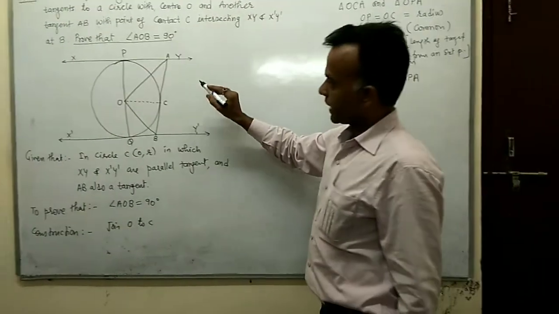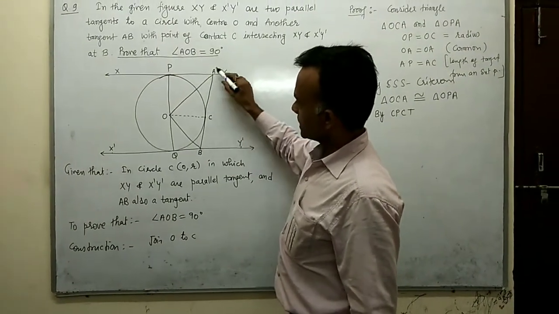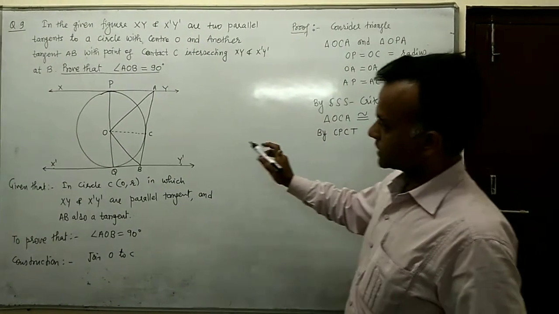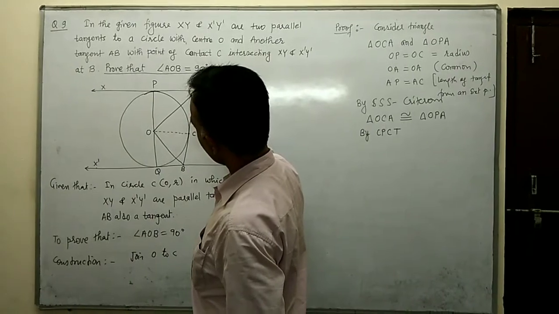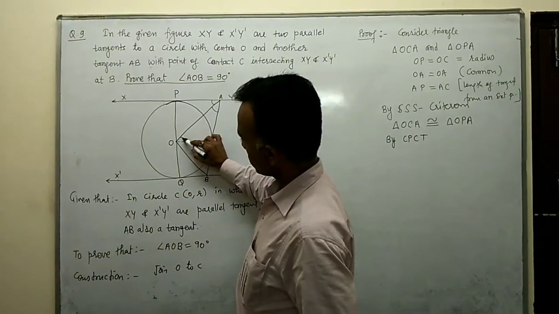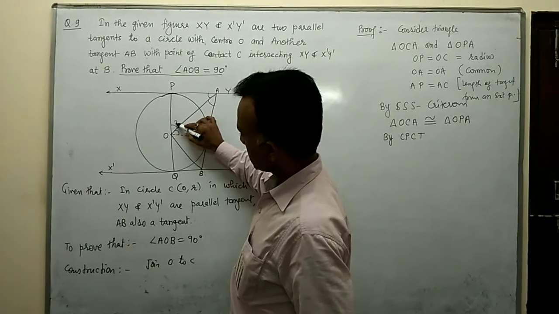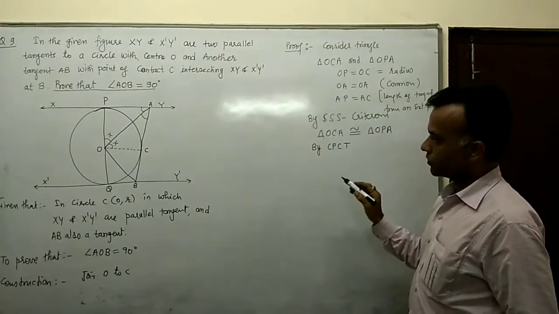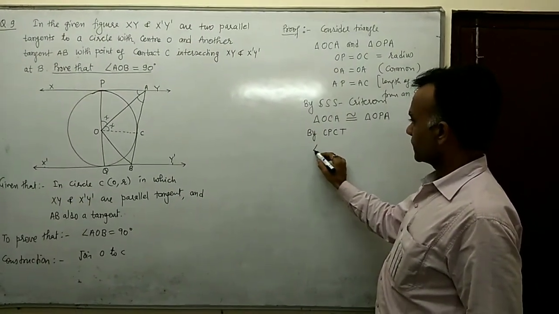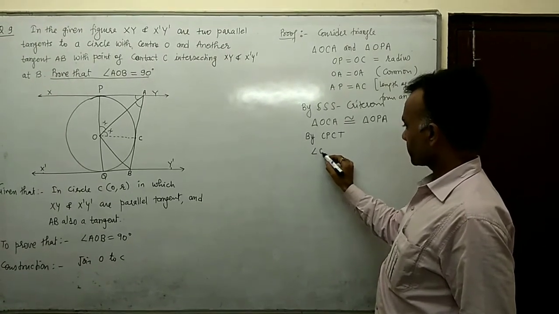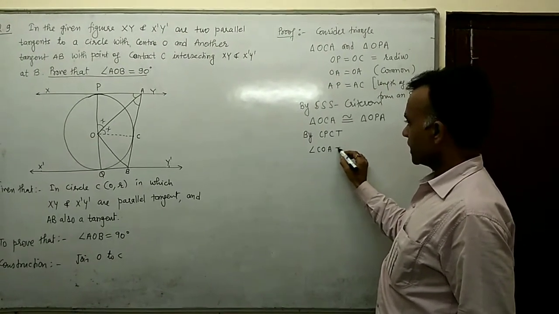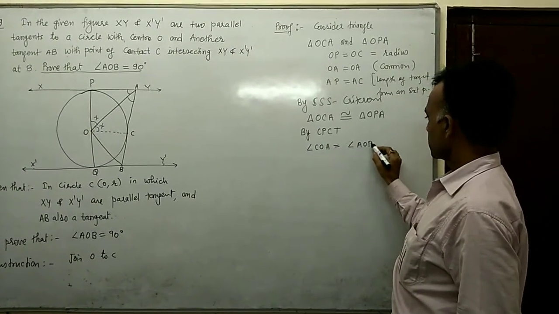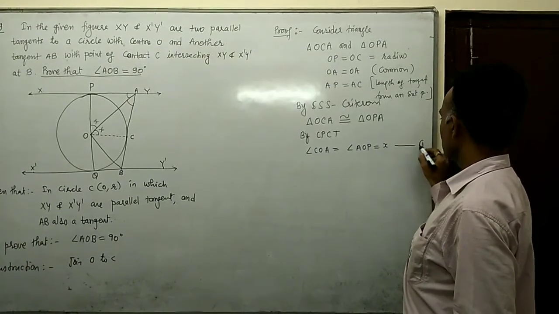here we have this angle CAO, which is equal to this angle. By CPCT, these two angles are equal. These are the corresponding angles. This angle equals this angle, and similarly this angle equals this angle. So here we consider this angle equal to x, so this is also x. Both angles are x. So we have angle COA equal to angle AOP, and both are equal to x. We call this equation 1.